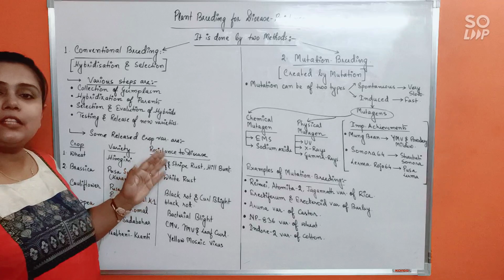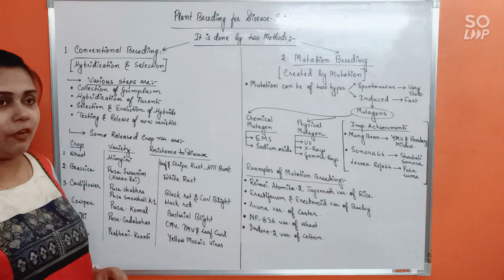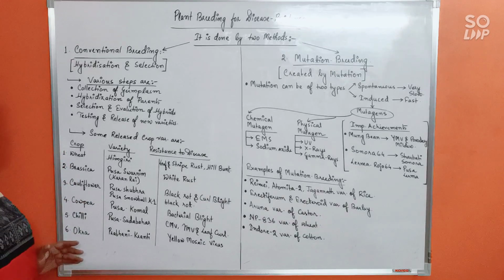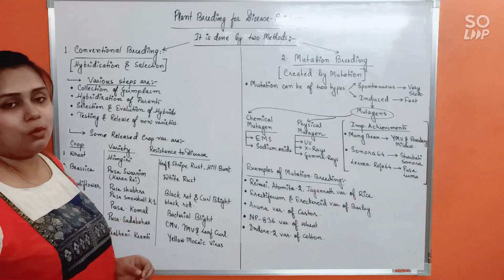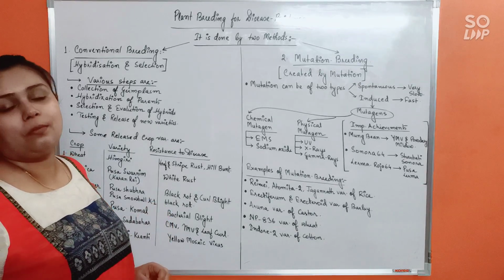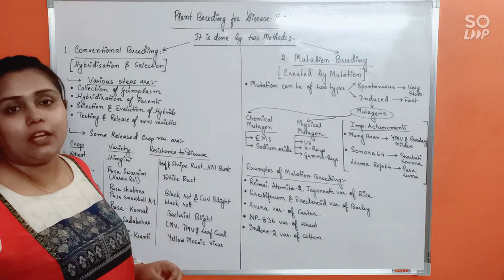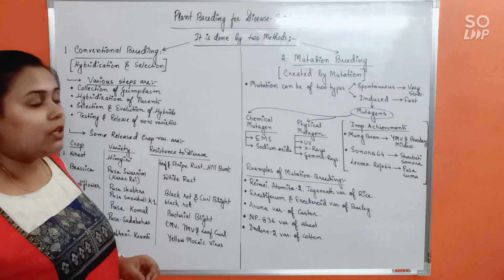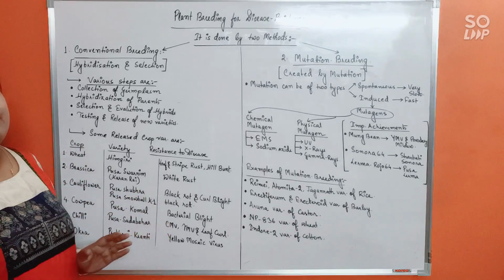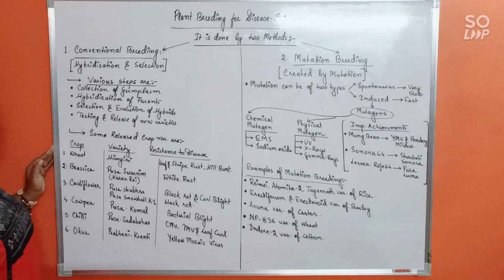And of course, by this method, certain crop varieties have been successfully improved so far, a list of which has been put forward here. Do remember, this chapter is also based on examples. In MCQs, you need to remember examples. If you don't, it would be very difficult to score in this chapter. So all these lists that I'm providing are very important. Let's have a look at the list.